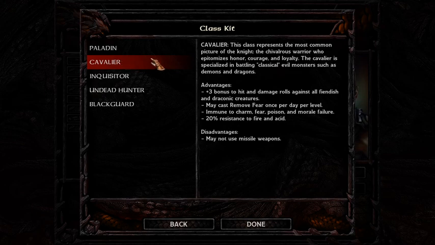The Cavalier is the first subclass of a Paladin. This class represents the most common picture of the knight, a chivalrous warrior who epitomizes honor, courage, and loyalty. The Cavalier is specialized in battling classical evil monsters such as demons and dragons. The Cavalier's advantages are: